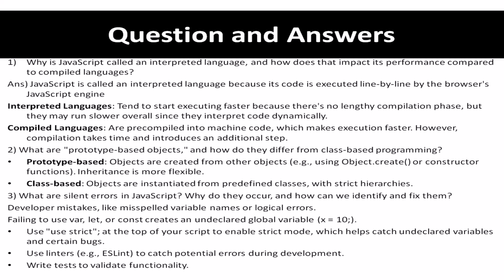Today we are going to discuss doubts. So, what are the questions asked by students? The first one is: why is JavaScript called an interpreted language, and how does that impact its performance compared to a compiled language? So, basically, JavaScript is an interpreted language because its code will be executed line by line by